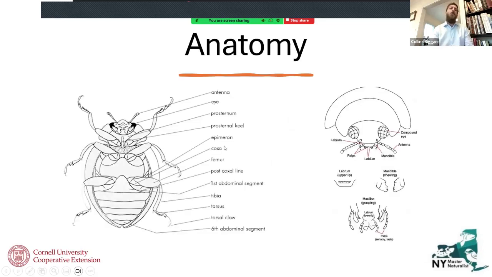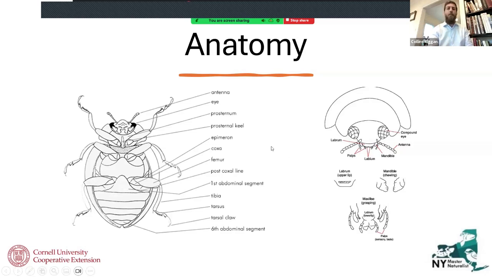All right, so I'm not going to spend too much time on the anatomy. That's not the point in this talk tonight, but I did want to point out some of the really important things. So the ladybug does have 2 compound eyes that help them see. They have their 2 antennae, and this is the mandible, which I was speaking about. So, you can think of them as almost mini mouth claws, to be not scientific about it. So these are what they use to pierce and to chew, or to bring in their prey, such as aphids,